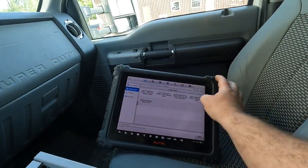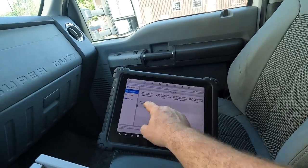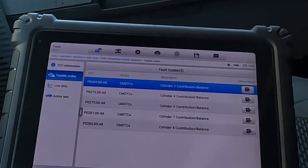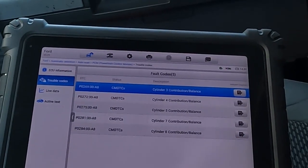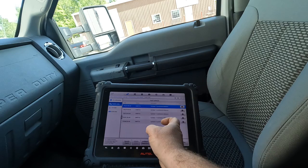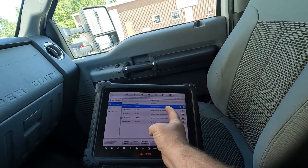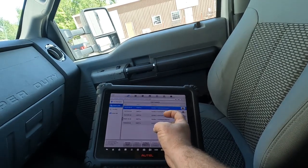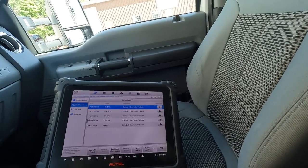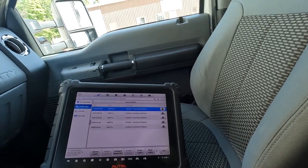Trouble codes. Retrieve continuous memory DTCs: 3, 4, 5, 7, and 8. So there's 3 on one side. I wonder if we have a shorted